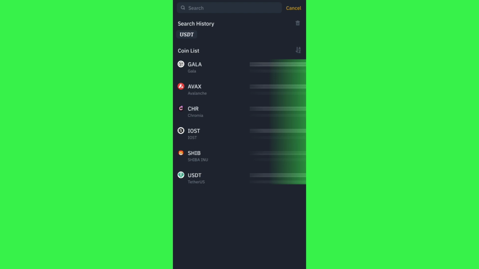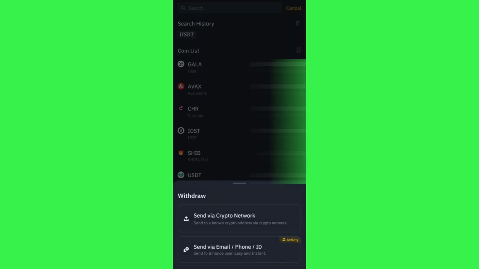Now over here you will have to click on the option of USDT, and then it will show you a bunch of different withdrawal options. Now the bank account option may vary from country to country. So in your country, if the bank account is available, then you will have to select the option of bank